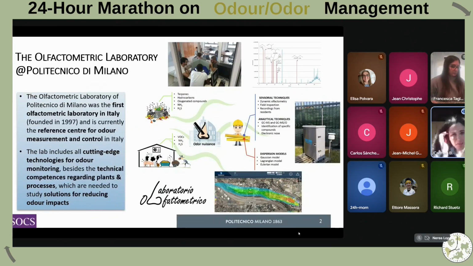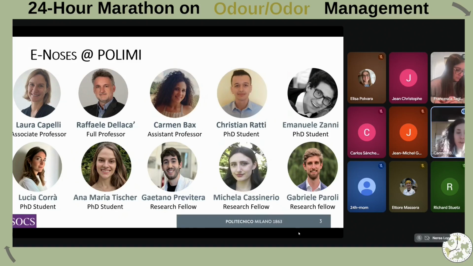The Olfatometric Lab has already been widely presented this morning, but we focus on all of the cutting-edge technologies for odor monitoring, combining different types of measurements. Today, I will focus on the presentation of this big group working on iNose development at the Polytechnic of Milano, involving not only people working directly at the Olfatometric Lab, but also another laboratory of the Politecnico, the TechRes Lab, who provides the background and competencies in the development of